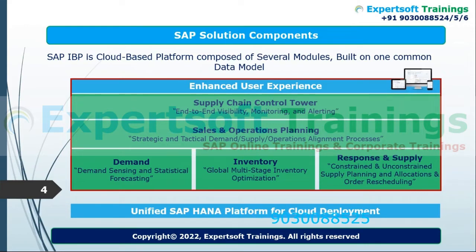Now, apart from the demand and the supply, we have one more module in IBP, that is the inventory. Inventory plays a major role when it comes to supply planning. So let me take a simple example why inventory planning is important in the supply chain process. For example, you want to buy a product. You can look for the nearest shop. You can go to that shop, and the shopkeeper